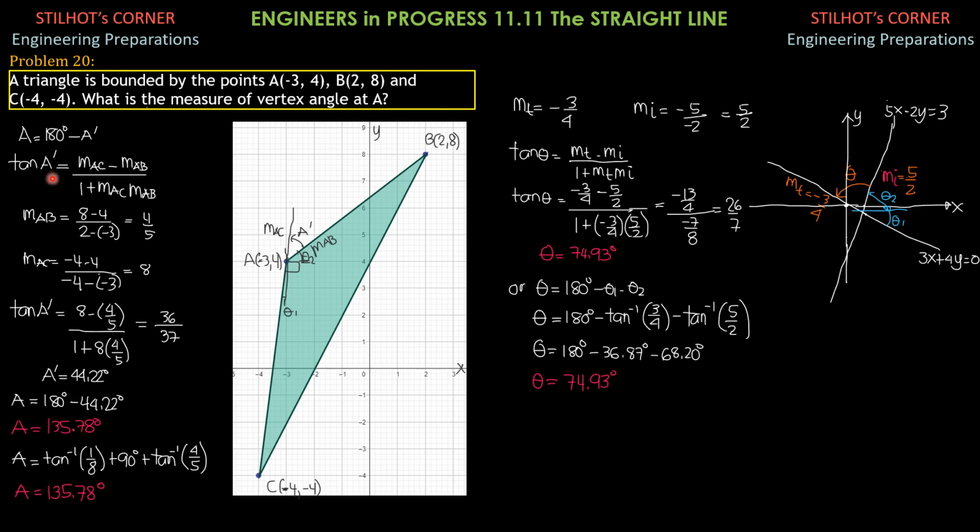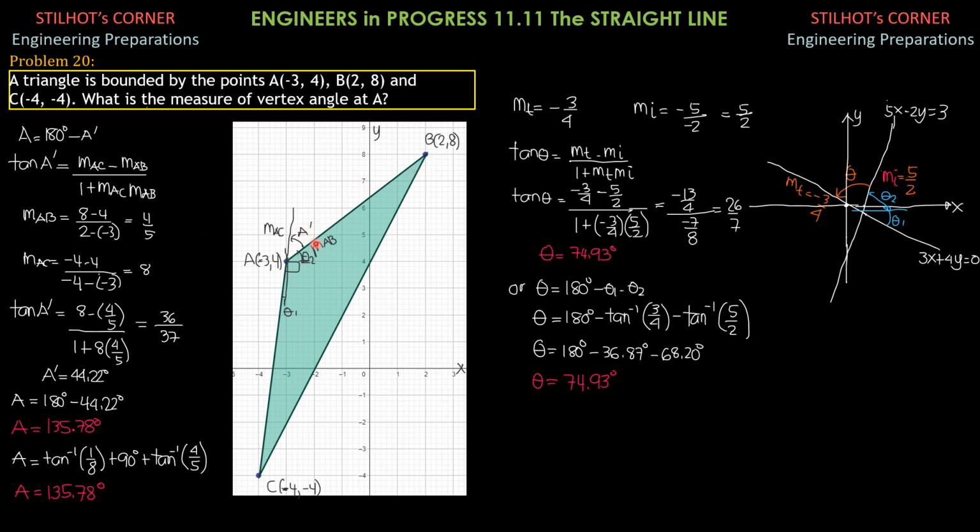This is the formula from the preceding slides, which I also derived. The tangent of the angle between two lines is equal to the slope of the terminal side, in this case AC, when the angle is measured in counterclockwise direction, remember that, minus the slope of AB, which is the initial side, over 1 plus the product of the slopes m_AC and m_AB, terminal and initial side.